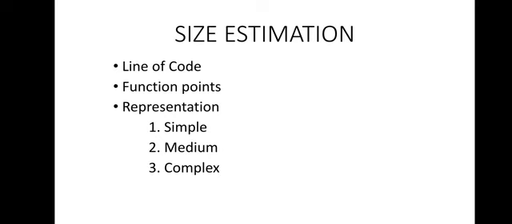Second point is function point. That is a popular method to estimate the size of an application. We have to consider it. Function points basically provide a representation of application size, but these are independent of any programming language. The application features, which are also known as functions, are basically classified as inputs, outputs, and interfaces. You can also consider the external data files and the inquiries. These are increasingly complex and hence are assigned increasingly higher weights.